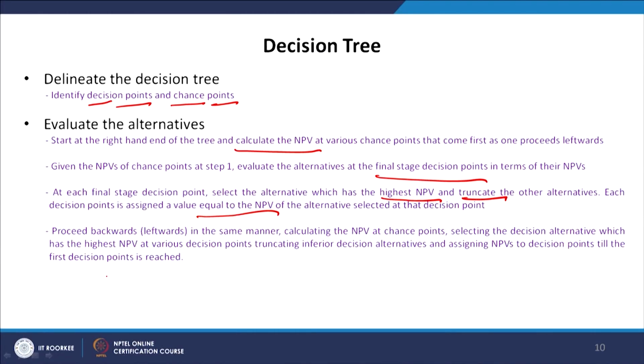So, these are the 4 steps involved. Largely the first 2 steps: first of all draw the tree, and then evaluate the alternatives. Drawing the tree, you start from the left-hand side, but for evaluation of the alternatives you start from the right-hand side, starting with the chances, moving to the decision, evaluating the first decision, similarly the second decision, and then going to the beginning, whether we should go for this investment or not. So, this is in a nutshell the decision tree analysis.